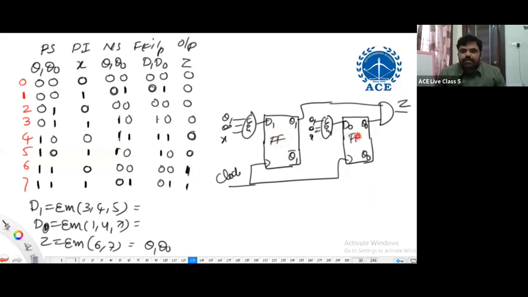So in this, you have observed that output is depending on only state Q1, Q0. Output is not depending on input X. These are Moore systems. Already we have discussed the